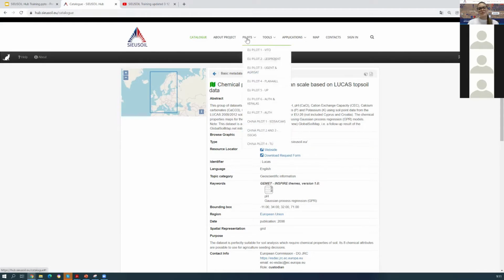As the aim of the SIEUSOIL Hub is to represent all data as well as metadata related activities within and beyond the SIEUSOIL project, the introduction of users to the innovations of the SIEUSOIL pilots has to be an integral part of the Digital Innovation Hub. The overview of all SIEUSOIL pilots has been presented in the form of a subpage website, and it's accessible right here. So let's have a look, for example, at the Vito pilot.